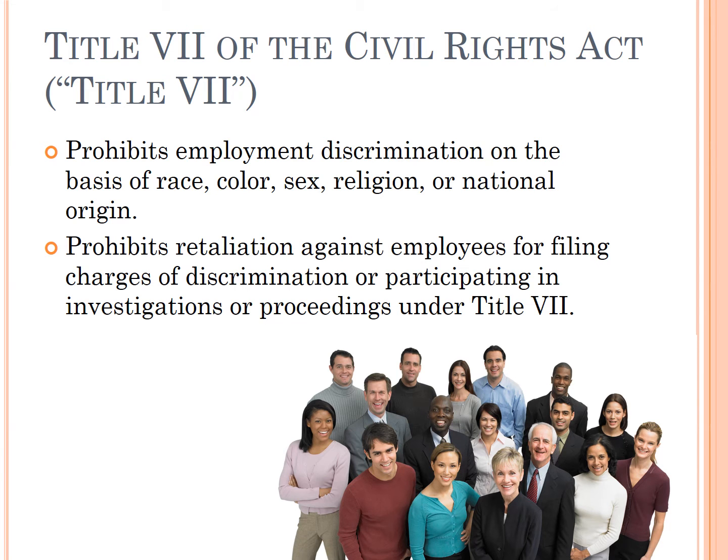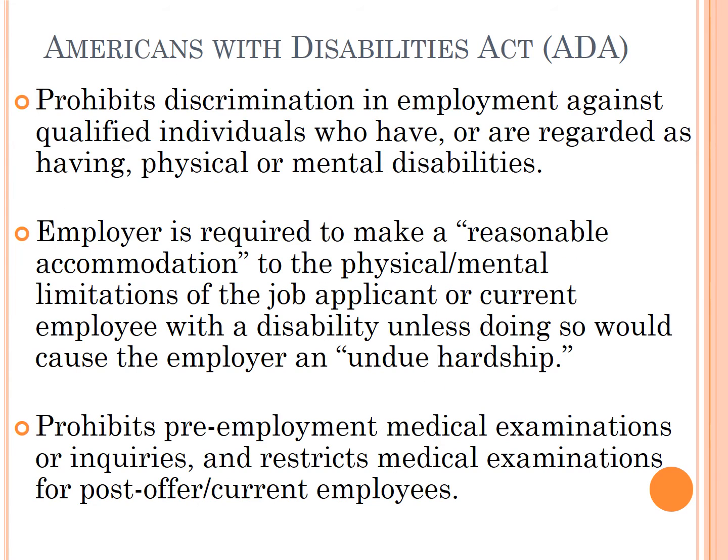Title VII of the Civil Rights Act prohibits discrimination on the basis of race, color, sex, religion, or national origin. It also prohibits retaliation. What this means is that we don't make any employment decisions based on these factors. The Americans with Disabilities Act